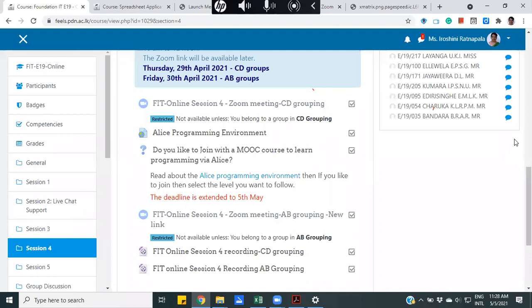Because of that, in the first year general program, you have only one computer subject. In the second semester, you have to follow GP 106. It's Python. In the first year you learn Python, but if you have selected computer engineering, it's a different case. But generally, for the general program, you learn Python.